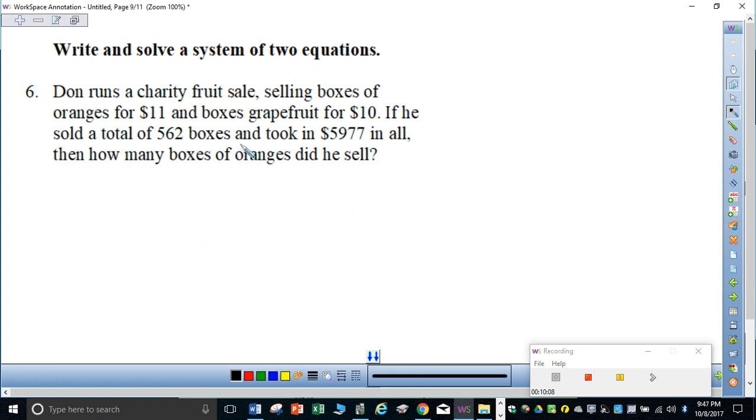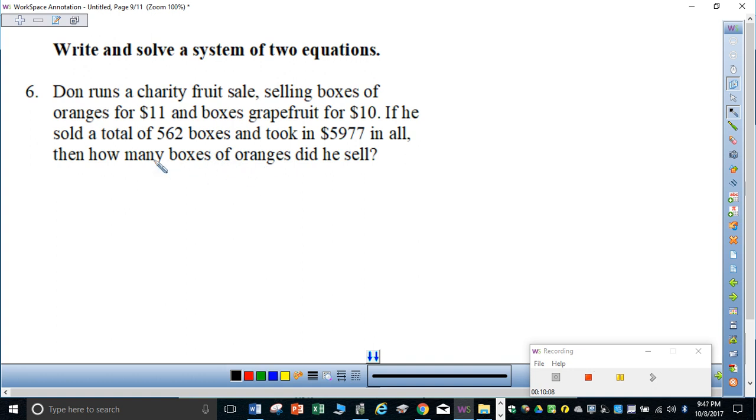Okay, next we have a word problem. We want to write and solve a system of equations. Now we don't want to confuse this with the linear programming process that we've just learned about recently. So this is just a regular word problem. It's just two equations that we're solving. There's not as much information given to us as we have in linear programming. So we are just trying to figure out